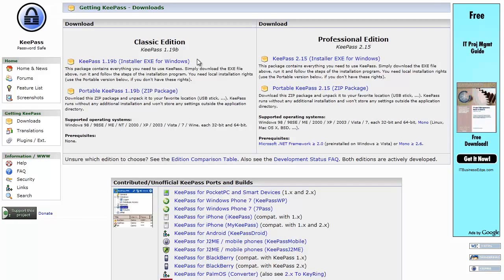B, the Android version only lets you edit the Classic Edition database files. If you select the Professional Edition, you can still use and see those passwords on your phone. You just can't edit and generate new ones on your phone. So that's why I stuck with the Classic Edition, because I like to sometimes generate passwords on my phone rather